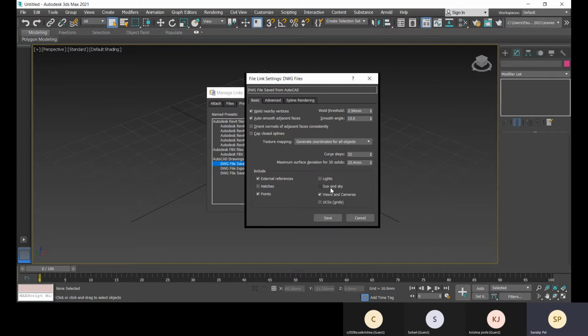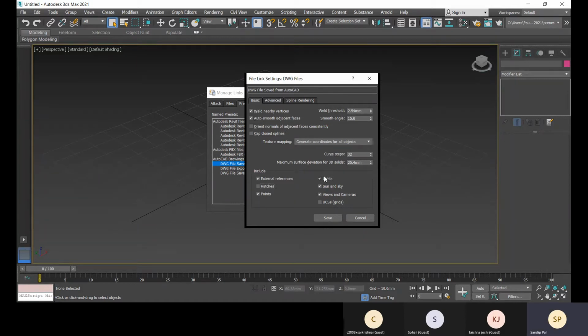If you need your sun and sky, if you have placed lights in your AutoCAD, that should be included. You can also check if there is hatch, that should be selected.